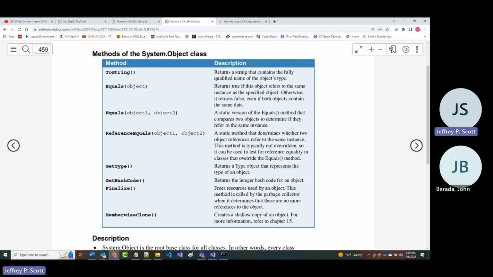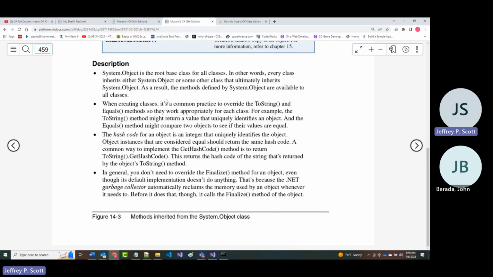The one in here that you're going to use most of the time will be the first one, the toString. It doesn't mean that the other ones are not important. Of course they are. But a lot of what you would use that stuff for would be at a higher level of complexity than what we're going into. All right, hopefully what I just said made at least a little bit of sense. So as mentioned here,